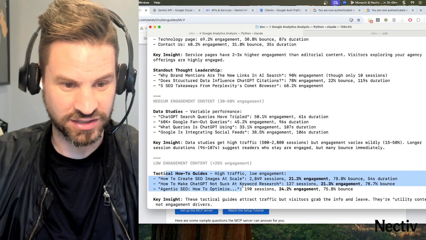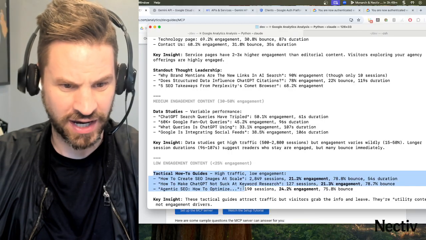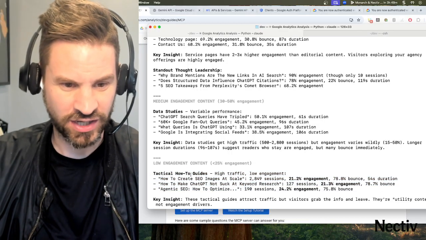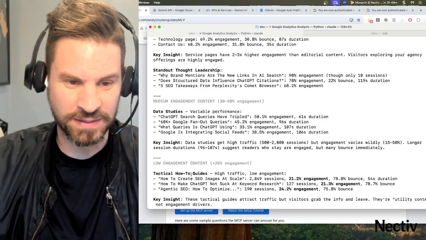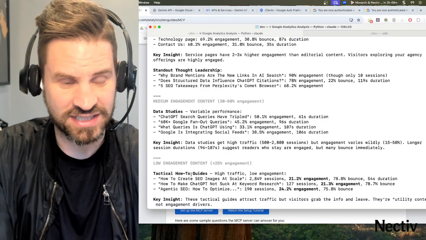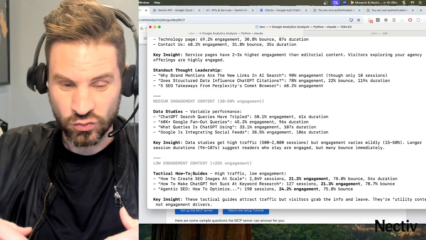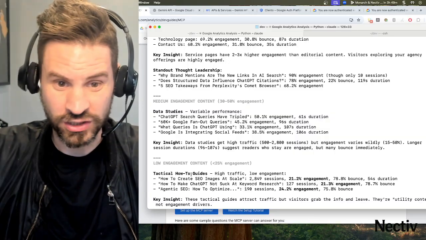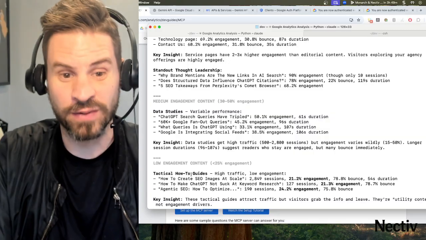It actually interestingly said, hey, your tactical how-to guide stuff, not as engaging, right? Your how-to processes aren't as engaging with people, so you might want to actually do more data studies from what I've seen. So SEOs could do some really powerful things with this, whether it's pulling together custom reports,